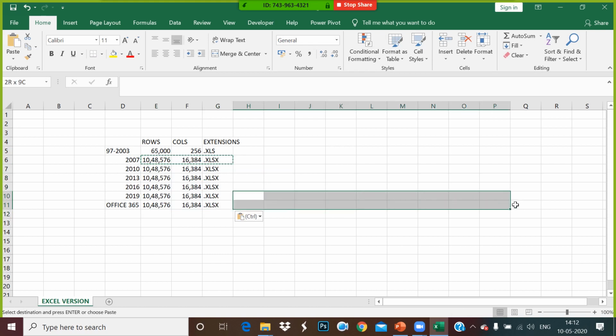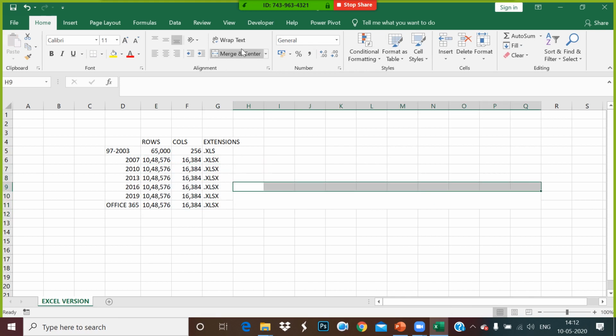However, in Office 2019 and Office 365, some new features were added. Let me explain what they are.